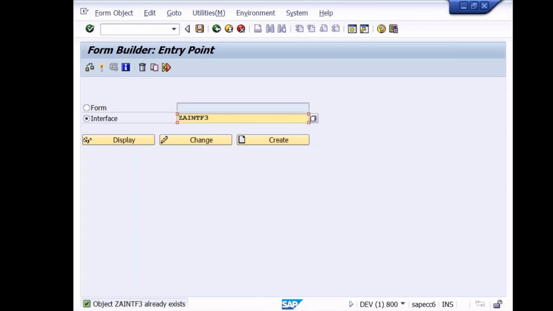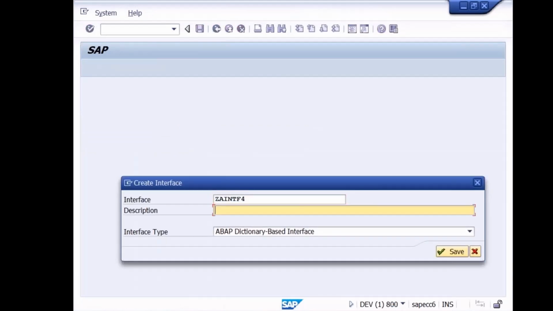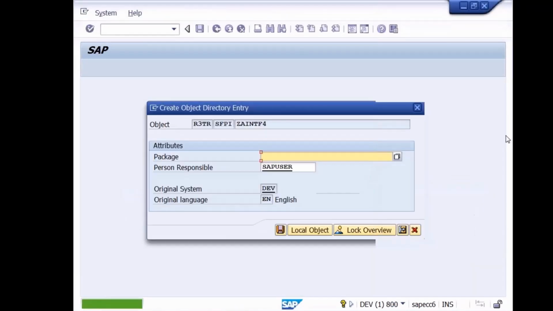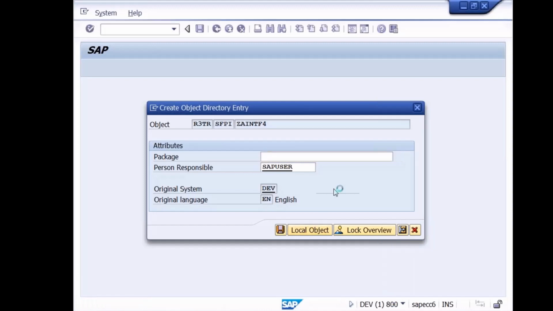Yeah, 3 is already there, so I'll go for 4. Interface type is ABAP dictionary based interface. Let me save it in local object.